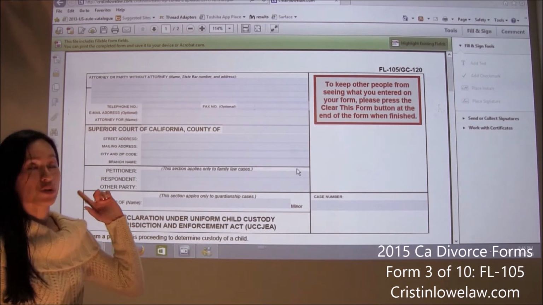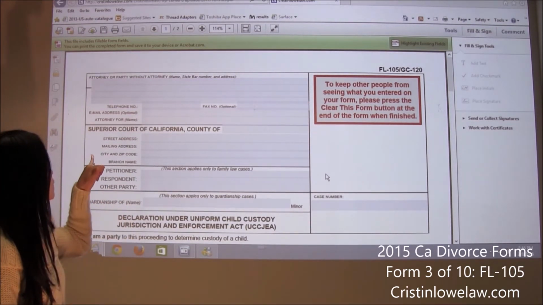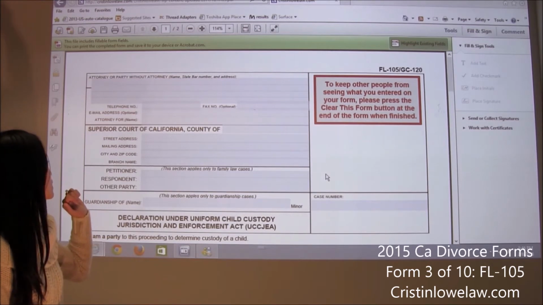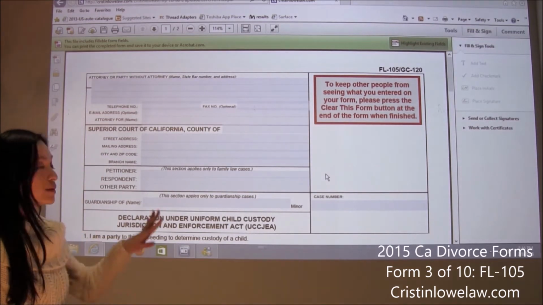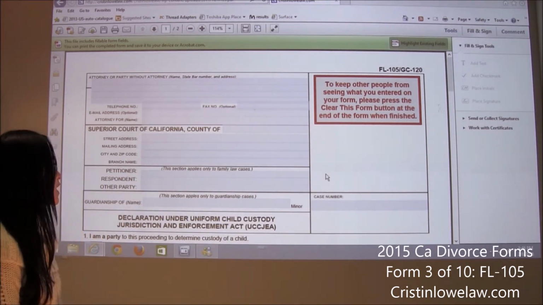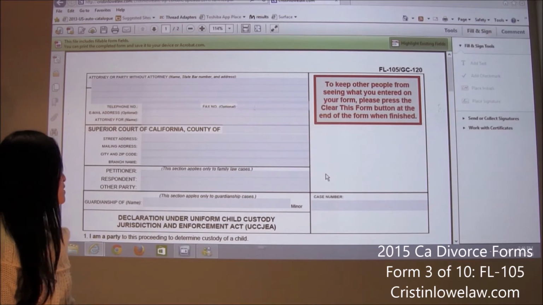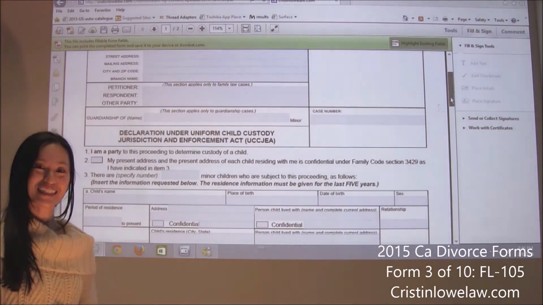So you're going to be filling out your name, the best mailing address for you, phone number, email address if necessary, and attorney for, and you are in pro per. You're going to make sure to fill out the correct court address, the correct court information, and petitioner and respondent. And then I want you to hopefully enjoy the 2014 series.